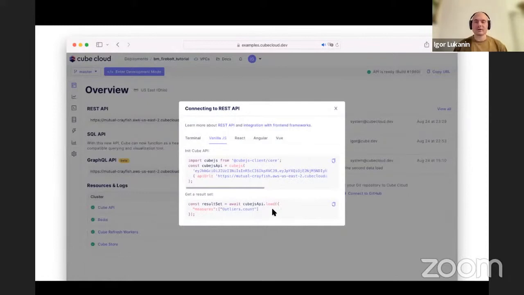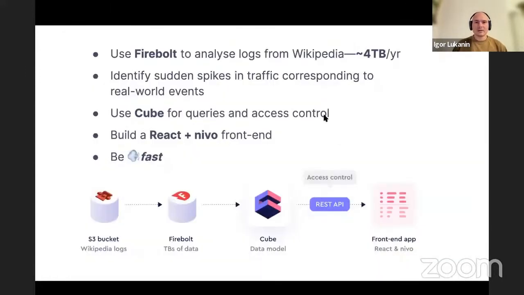So querying something from the REST API is as simple as specifying the list of measures and dimensions that you want to get. We'll talk about this in more detail later. Okay, so